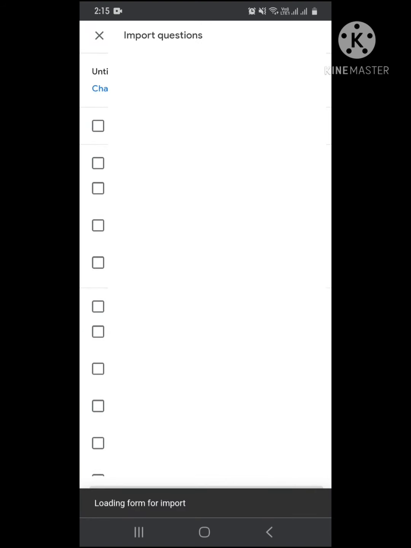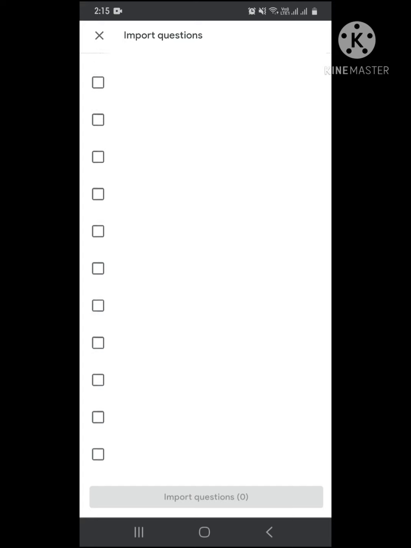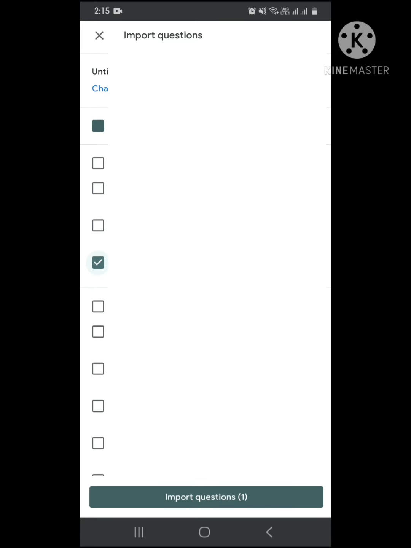So it will ask you which one you want to do. So you can say I have a question paper here and I want to select one question. So I have an ODI paper here. Suppose I want to select a question here. So from this any question I can select, suppose this one or this one, anyone, or all you can select. So I will click on import questions.